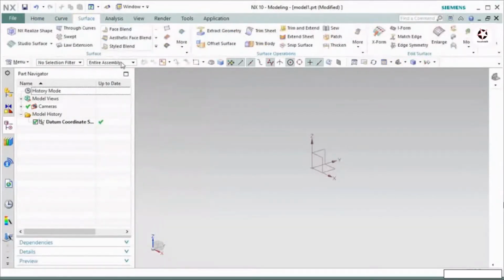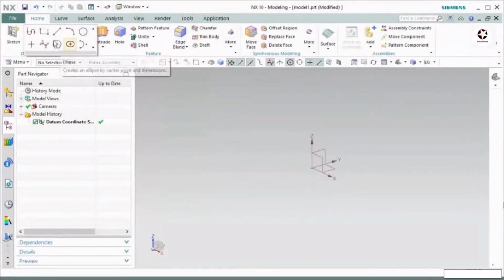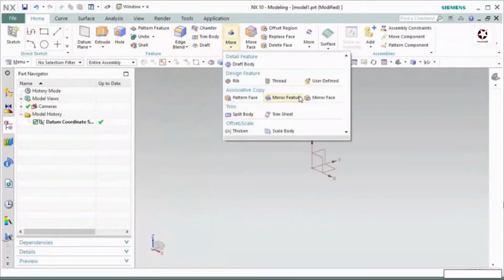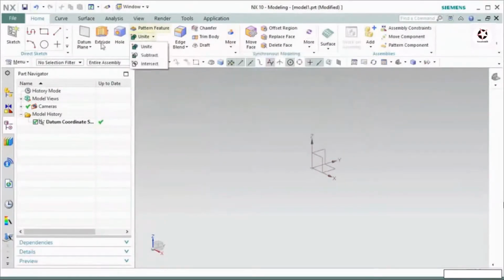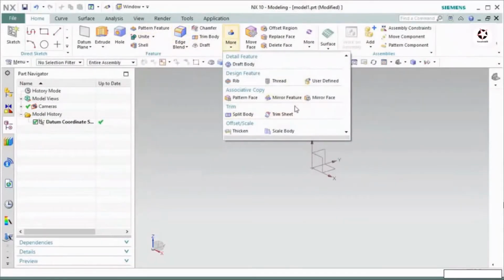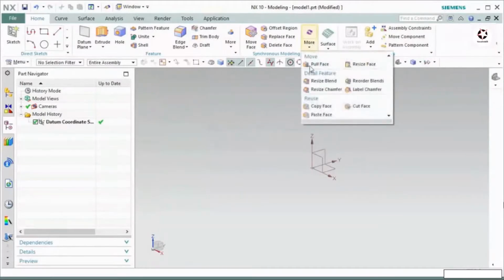Then inside each group you will find there is one small drop down option. If I select it, you will see there are a few other tools available. I can see just only 6, but if I expand it, I will see a few more options here. Let's say for this group, if I go to this more, a few other tools are available. All of these tools you are seeing here are not shown because they are not frequently used. Occasionally you have to use these tools. That's why they put them inside this more option. Also inside this synchronous modeling, if I go to more, you will find a few extra tools here, which are inside this group, but occasionally you have to use these.